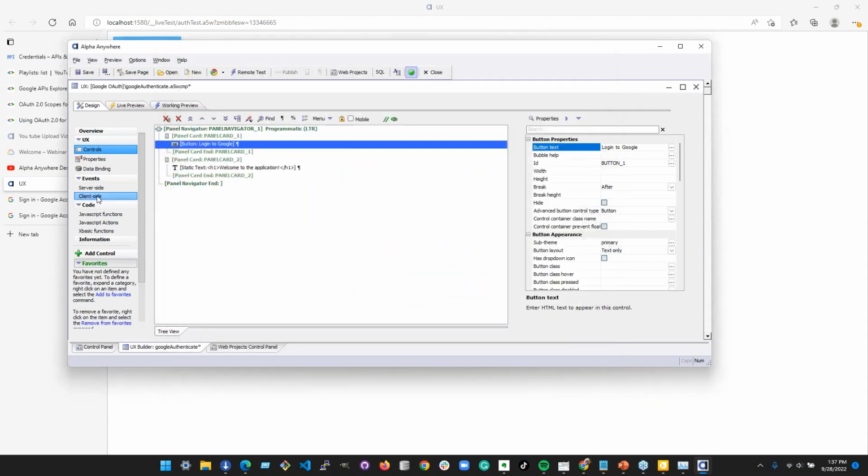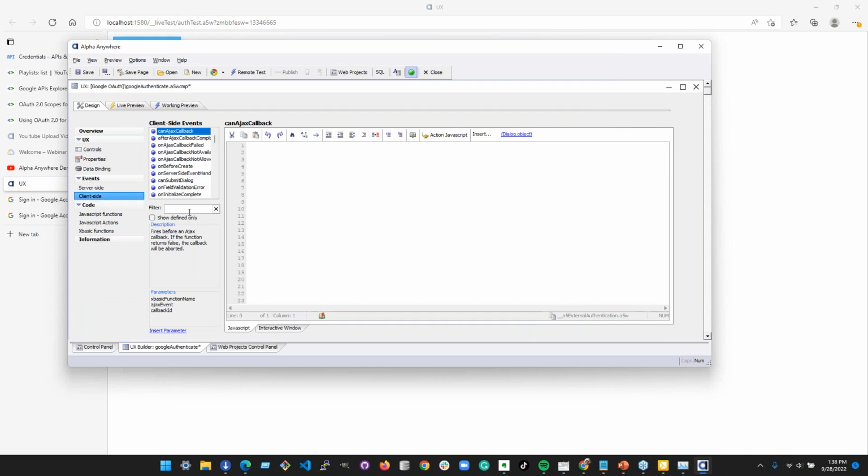What you need to do is go over to client-side events, and you need to find the OAuth events. There are two. There's one called onOAuthCompleted, which is for PhoneGap applications and Cordova applications only. Doesn't apply here. We've got a web app. The other one is onOAuthAuthorized, and this is only called after authentication has been successfully completed. And it gives you a parameter called provider. So if we insert that provider parameter, this is how you can access it.